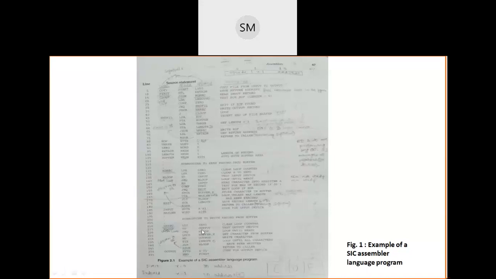Once that output device becomes free, the condition code CC value becomes less than. Once it is less than, you skip this JEQ, because only if it is equal will you execute this JEQ, otherwise you will leave it. Then the CC value is less than now, so you will leave it and come to the next instruction LDCH. What does this LDCH do? This LDCH loads into register A a character from the buffer, particularly from which index? The index 0, because just now I initialized the x value to 0.